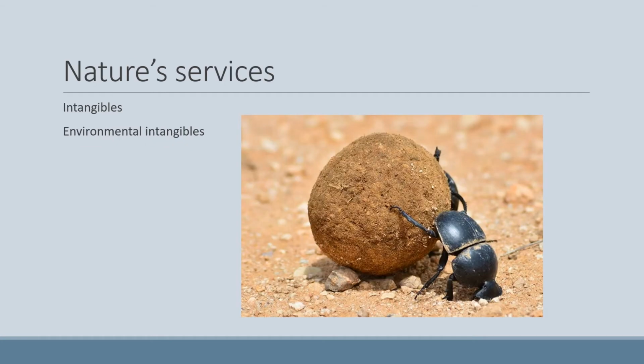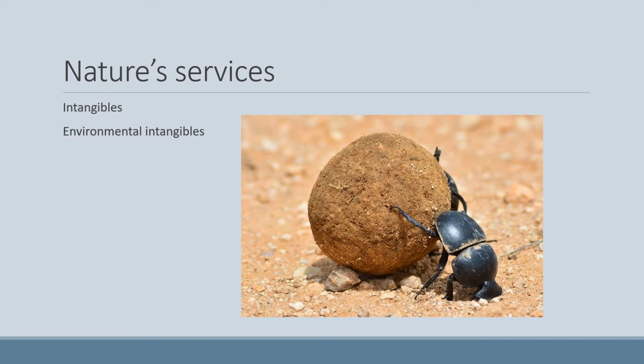If we look at nature services, and we talked about nature services, right? These are things that nature does for us that we currently don't have to pay for, but if we actually calculated it out and had to pay for it, it would cost us a lot of money if this stopped. A lot of times these are intangible things, so non-monetary assets like human knowledge that doesn't exist physically. A lot of times from an economic standpoint, we would say that nature services are intangible.